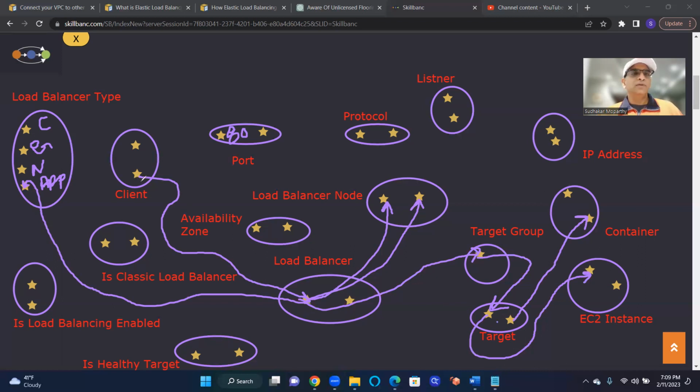So basically, when your client makes a request, it comes to the load balancer, and it goes to one of the load balancer nodes